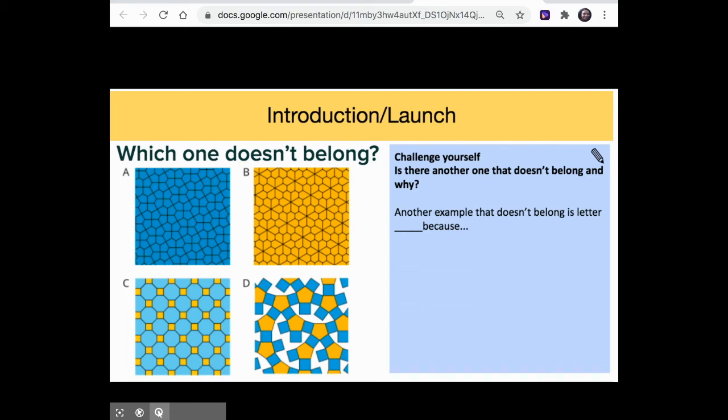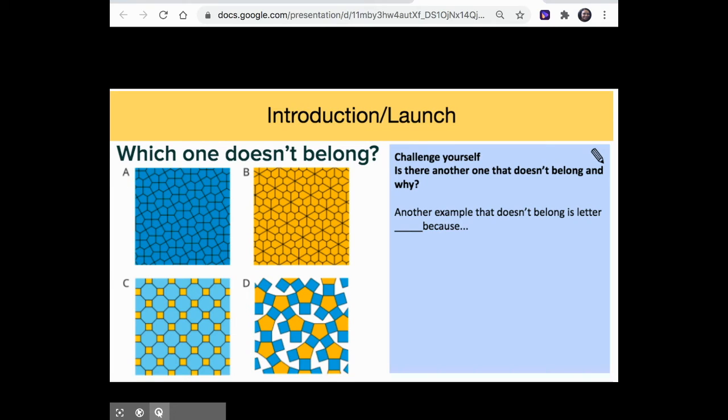Here's another question from today's lesson. Which one doesn't belong? Challenge yourself. Is there another one that doesn't belong, and why? Your students should respond. Another example that doesn't belong is letter blank because. You can set another 5-minute timer for students to try to see things a different way and pick another tessellation that does not belong. One possible student response that may be shared that was not shared in your previous slide